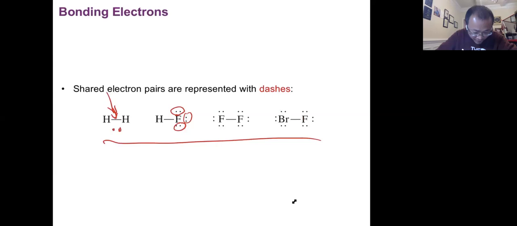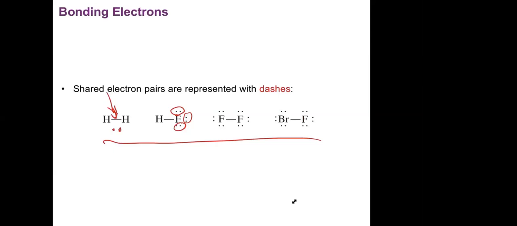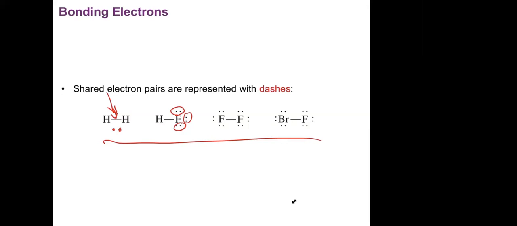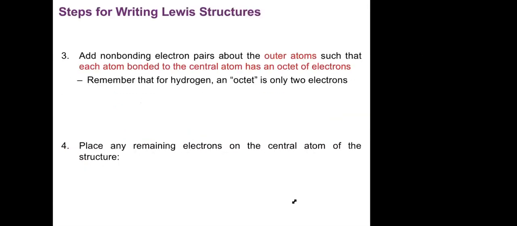I put 2 dots here. A bond means 2 electrons. So they're giving each other one of their electrons, and that makes it 2. In that case, these 2 electrons came from one each from each hydrogen. Okay. Yes. Next,